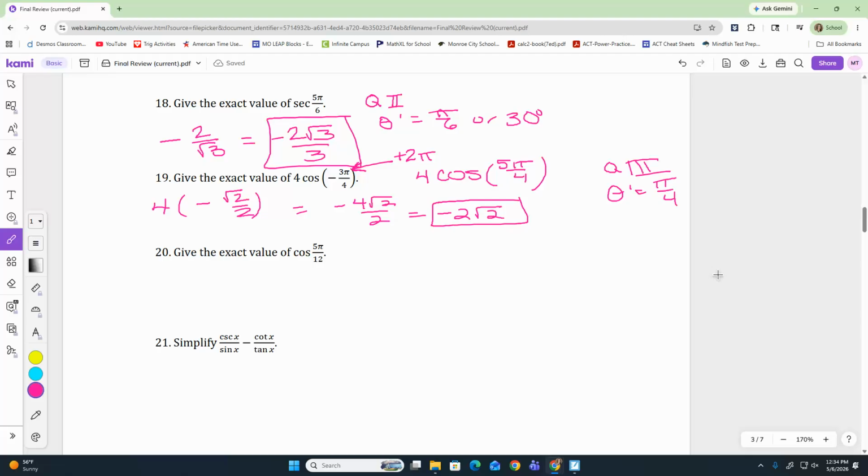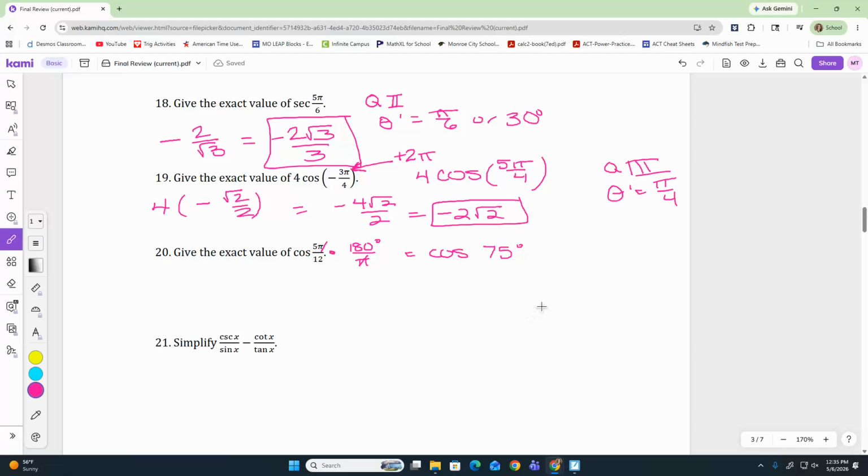Right. Problem 20. Exact value. That tells me in radicals. But when I look at that, that's not one we recognize, is it? Let's go ahead and just change it to degrees since that will be easier to work with. How do I convert radians into degrees? Pi's cancel. 5 over 12 times 180 gives us